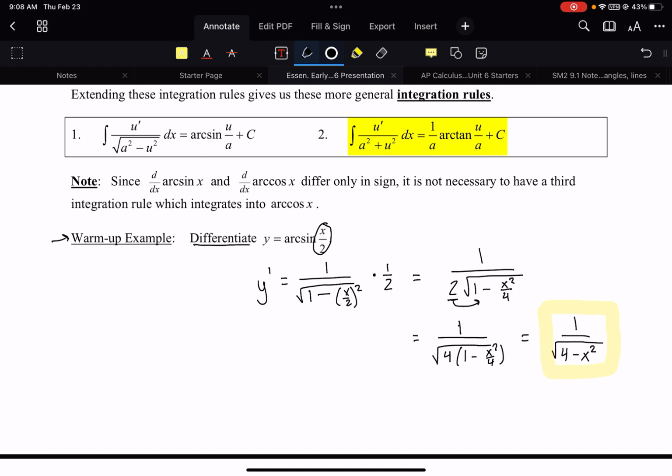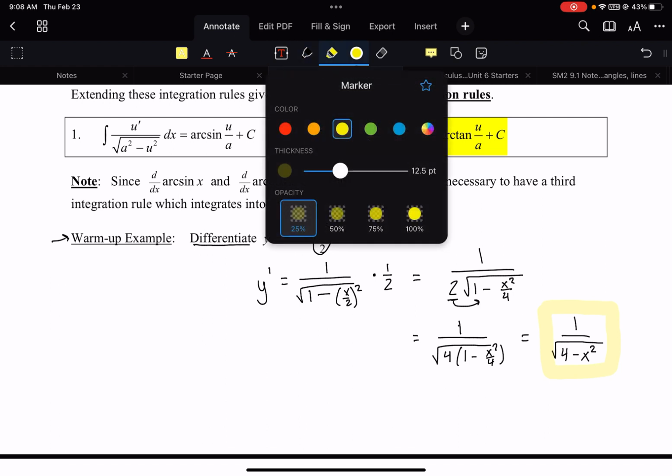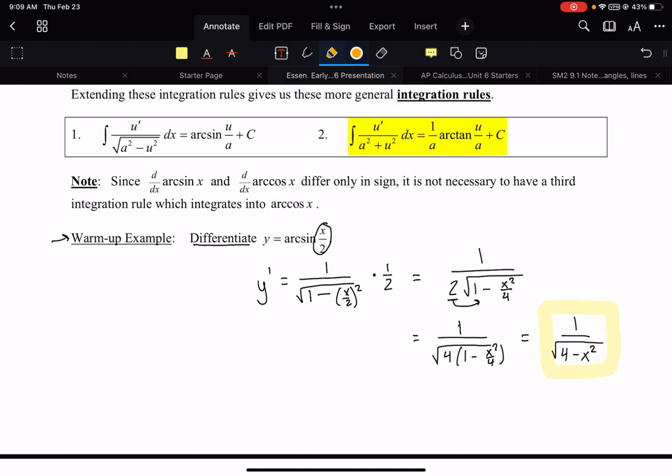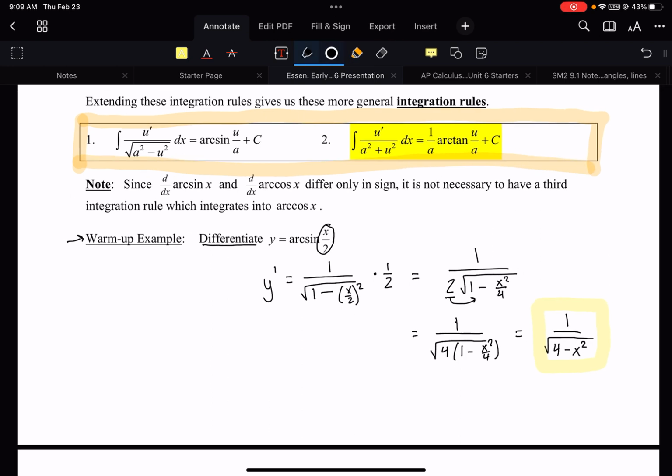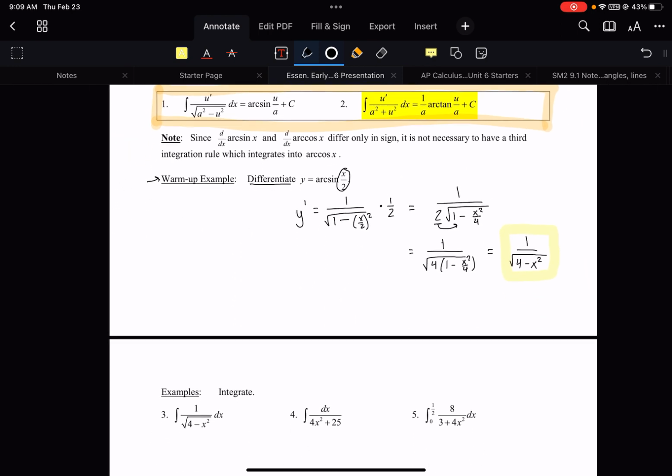This is something that I would memorize. I hate adding things to your guys' memorizing list. But if I were you, I would memorize this box. It's just going to be the easiest way to integrate arc sines and arctangents. Okay, I'm going to try to zoom out so we can see that box at the same time that we're